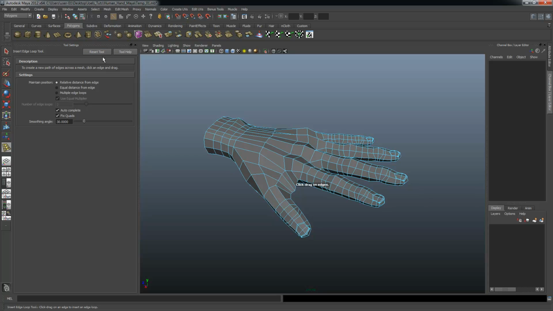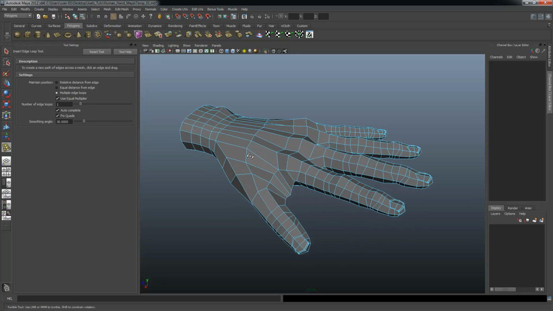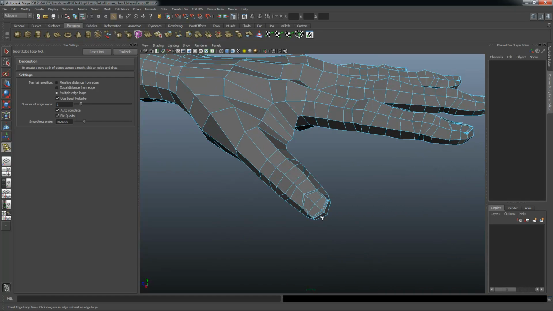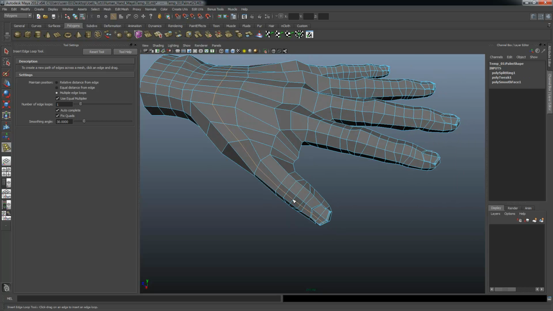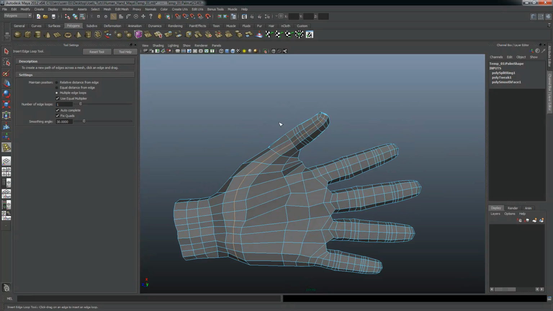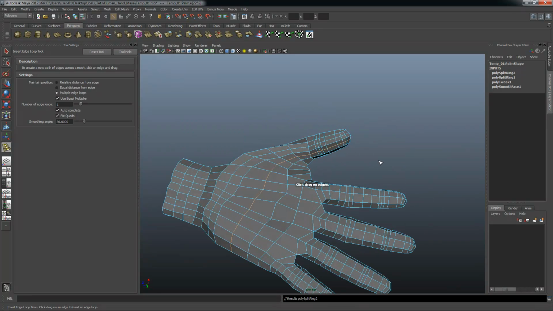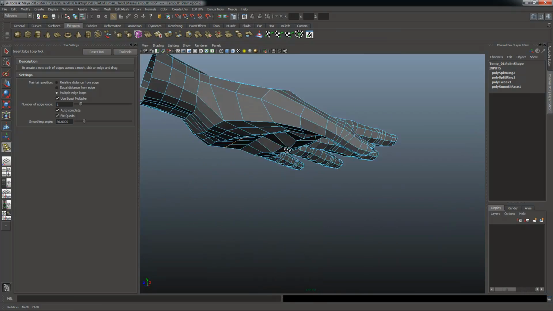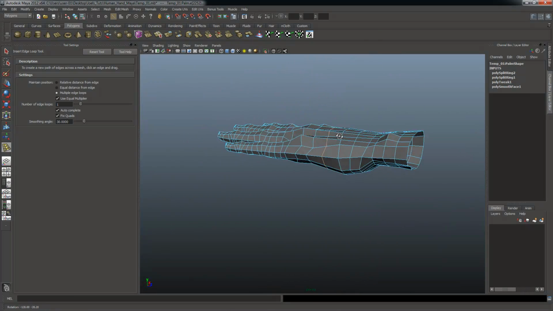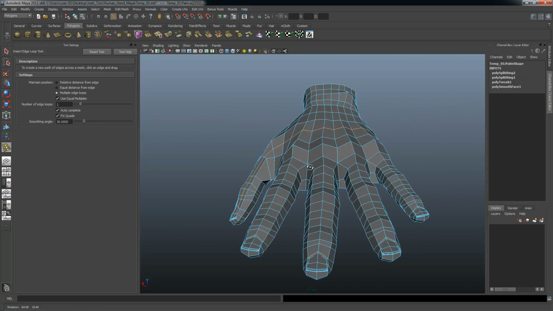I'm going to reset the tool, and select multiple edge loops, and for number of edge loops I'm going to set it to 1. You'll notice that when I insert an edge loop on the top of the thumb, it runs the loop all the way around the underside of the thumb and around the sides. If I do it again, it does it again, all the way around the thumb to the side of the hand. And then if I start subdividing